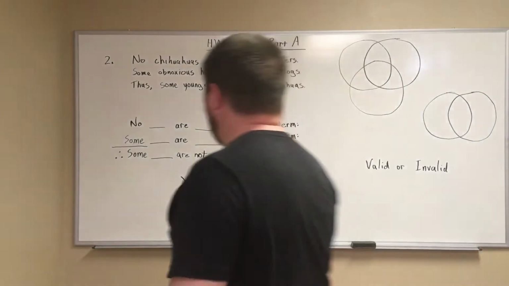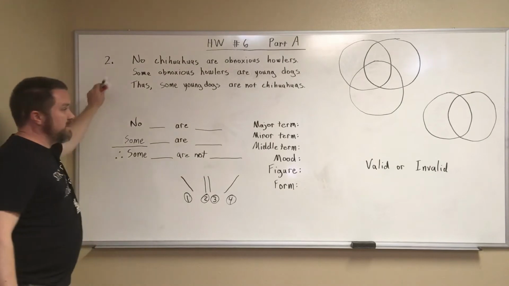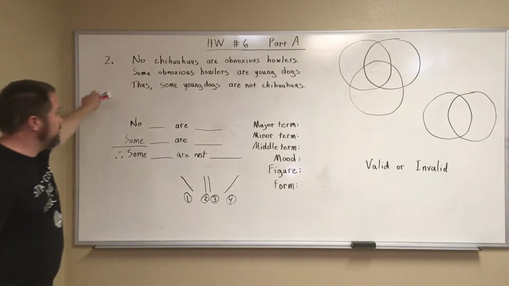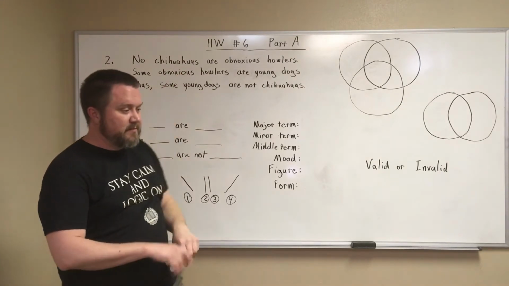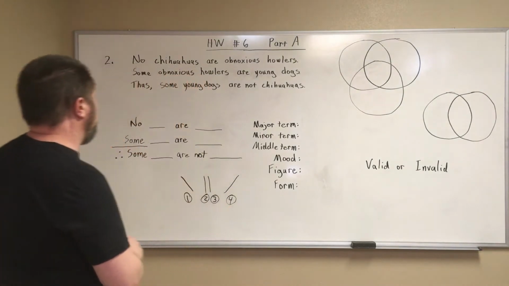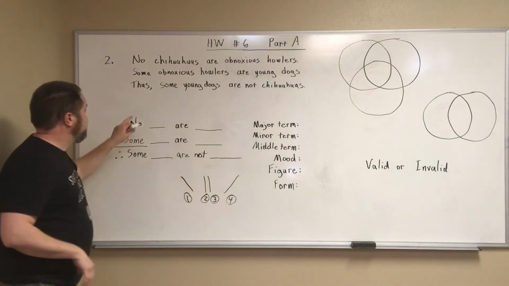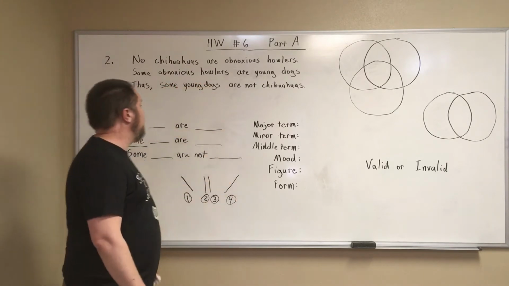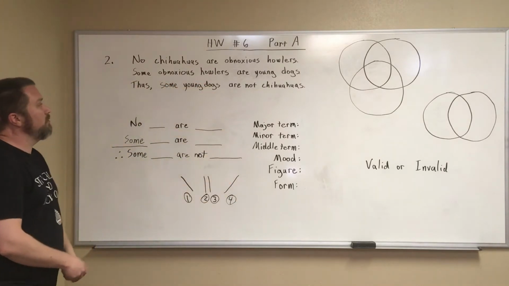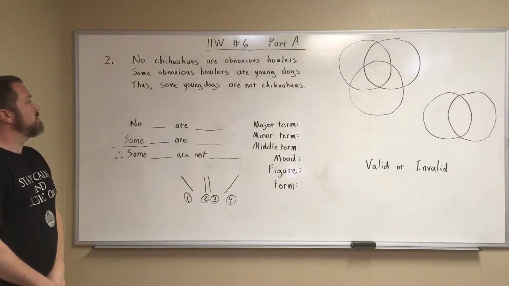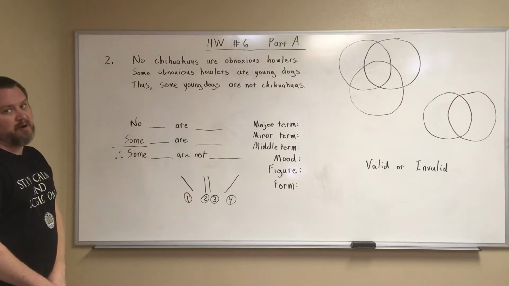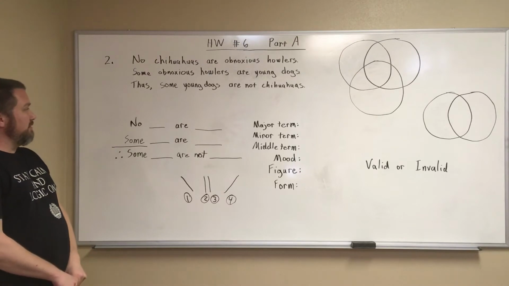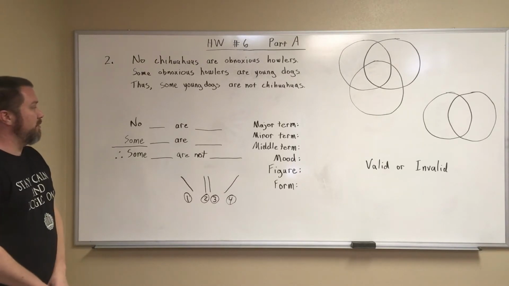Okay, so next up we're going to cover the second example. So number 2 in homework number 6, part A, also homework number 7. So we have the argument: No chihuahuas are obnoxious howlers. Some obnoxious howlers are young dogs. Thus, some young dogs are not chihuahuas. This is already in standard form, but let's just go ahead and double check it by identifying all of the